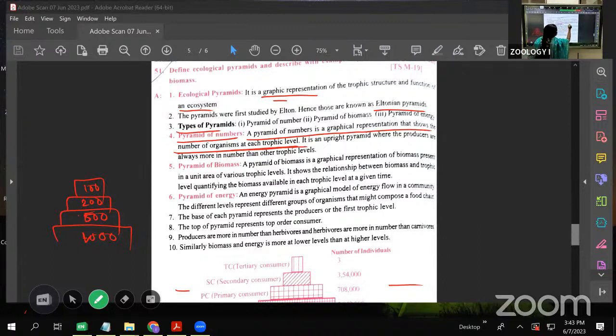It is an upright pyramid. It's an upright pyramid only, right? And here the producers are always more in number than the others. It means the producers at the bottom are comparatively more, the upper ones are fewer, and the lower ones are more. The producers are more than the others. This is about the pyramid of numbers, and the next one is the pyramid of